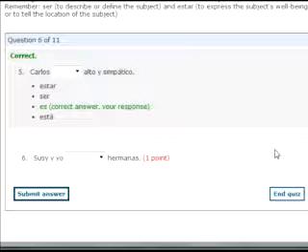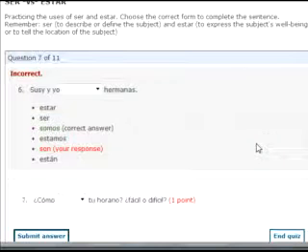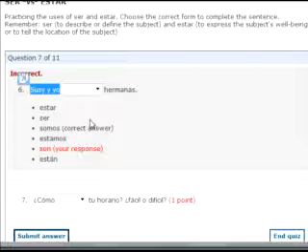Susie y yo are sisters. And again, son. Sorry about that. It should be somos. Anytime that you include yourself in that, I'm sorry, I went too fast on that one. Anytime that you look at including yourself, so this would be as if I were saying this, Susie and I are sisters. So the correct answer is somos.